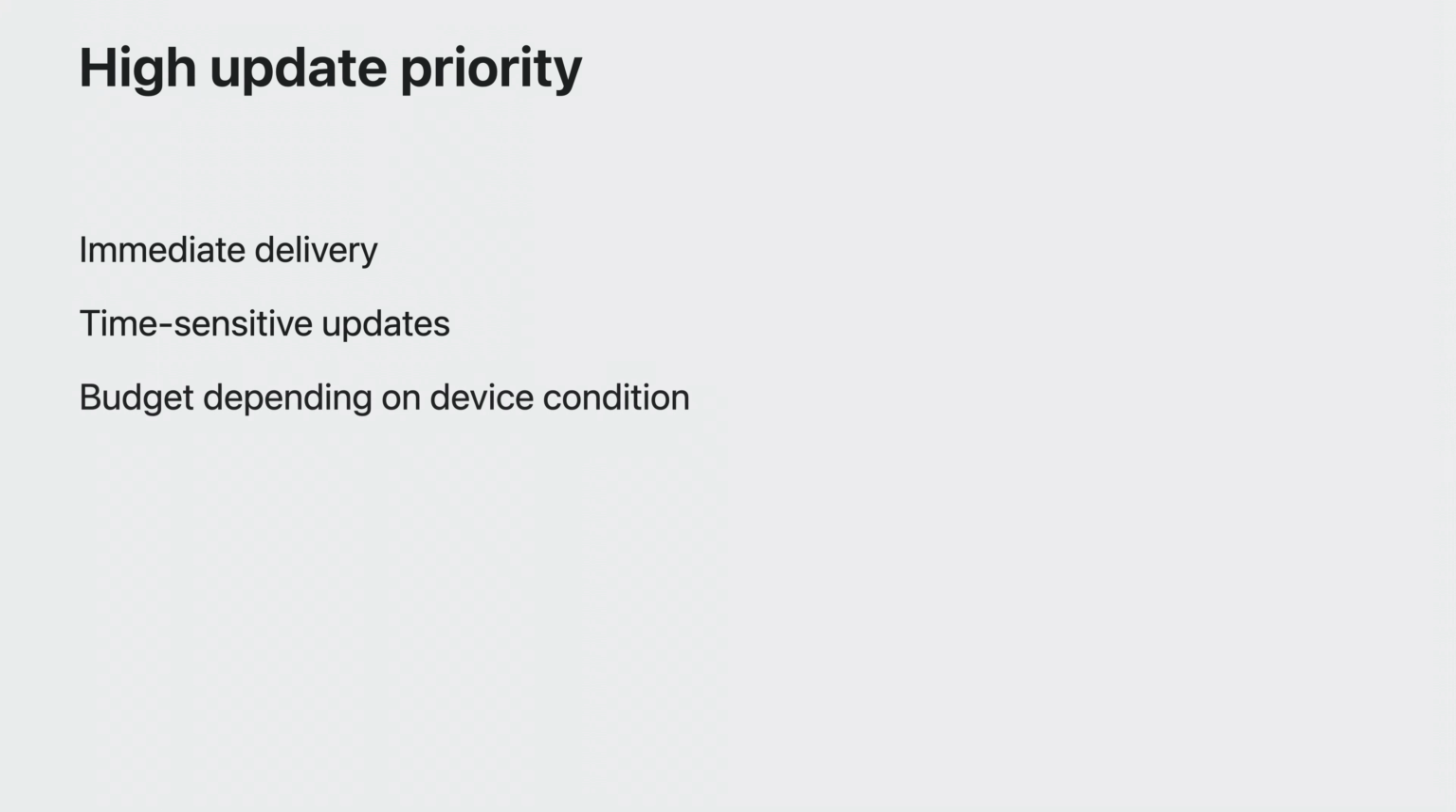In these cases, I will choose high priority updates. High priority updates are delivered immediately. That's why they're perfect for time-sensitive updates. However, due to their impact on the user's battery life, the system imposes a budget depending on the device condition. If your app exceeds its budget, the system will throttle your push updates and it will dramatically impact your user experience. You know your app best, so it's important for you to carefully consider which priority you should use for